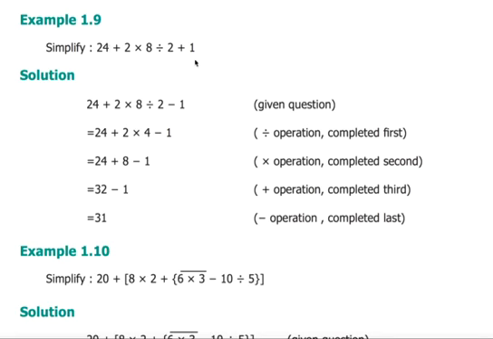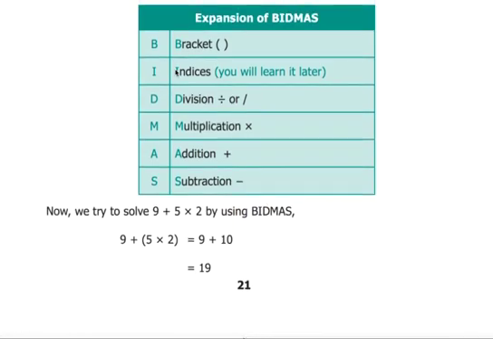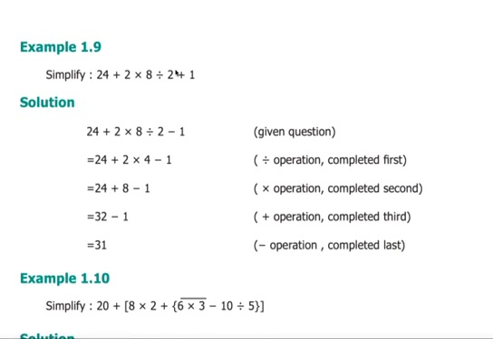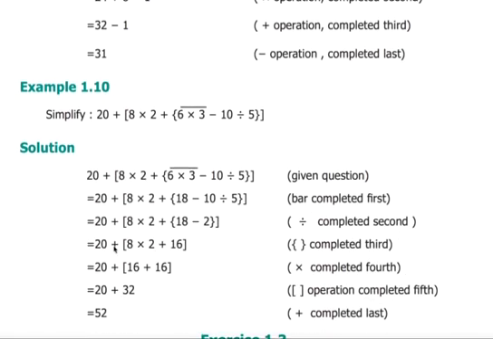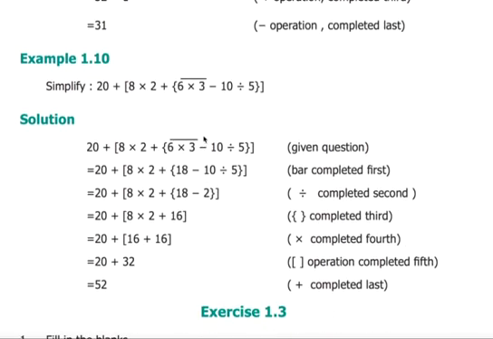Now see this one. Division comes first, thereafter multiplication, BIDMAS. So remember that one, BIDMAS. Division comes first. 8 by 2 is 4. Okay, in this step, and then multiplication comes next. M means multiplication, right? 4 into 2, 8. Then addition comes first rather than subtraction. So 32 minus 1, 31. Okay, that is how you should go.